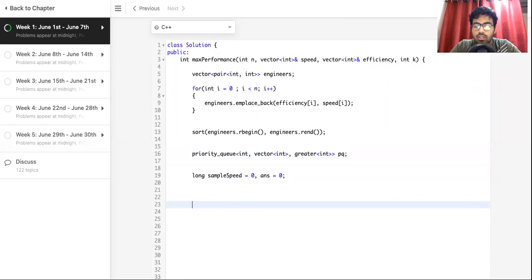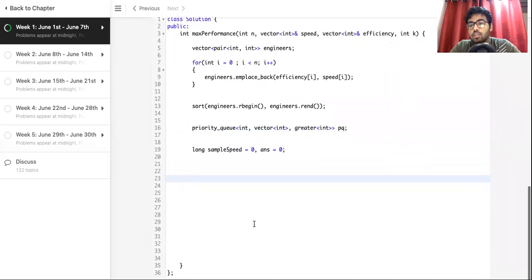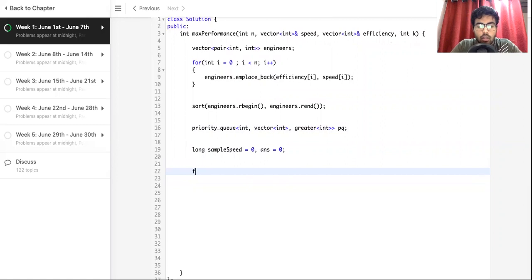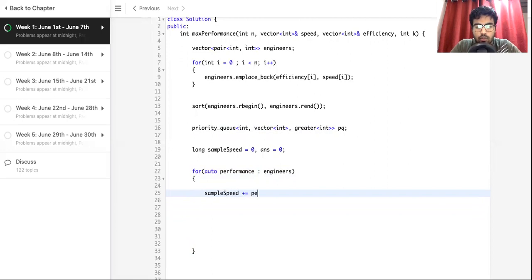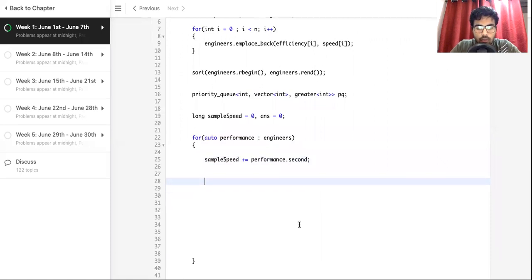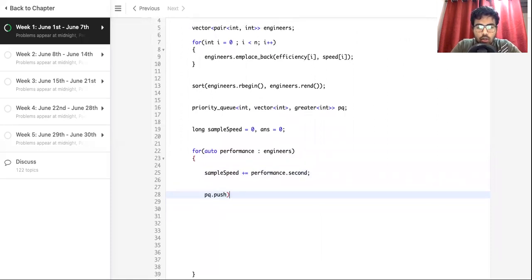Okay. And it's similar to removing the kth largest element from an array. So it's similar to that. Then we'll be running through engineers. So auto performance in engineers. Now in engineers, what we'll be doing is that for every engineer that we have, we add to sample speed plus performance dot second. So we'll be adding the speed of every engineer, and we'll be pushing it into the queue. Push